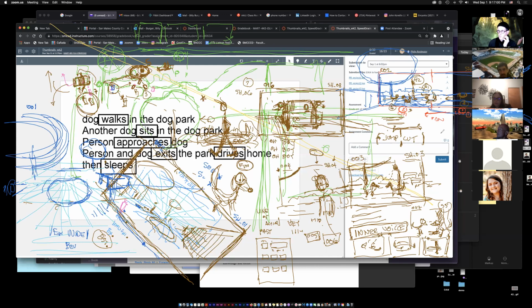Remember that the way it goes is that you go from extremely wide to mid, and each one of these different camera positions can have varying degrees between them. You go from a mid to a close mid, or you go to a close up, and then you go to an ECU, which is an extreme close up. In this story, we don't have any extreme close ups, but if you did, you would be obligated to go into the thumbnails and say, in this particular shot right here, I know that